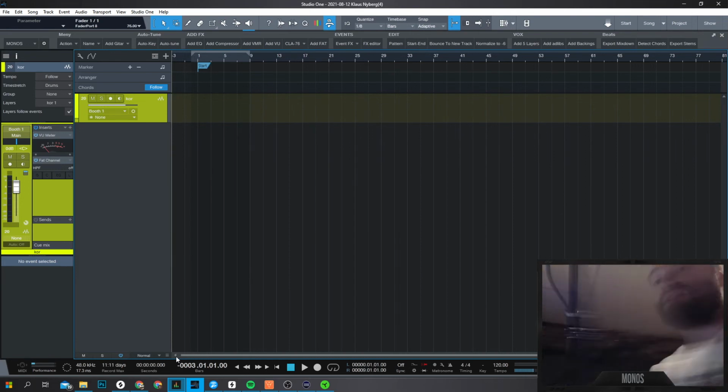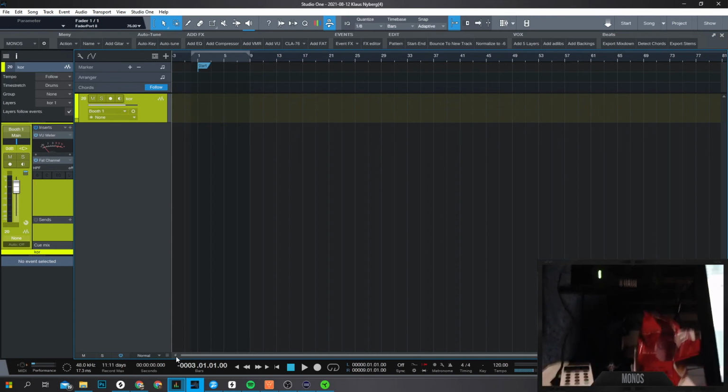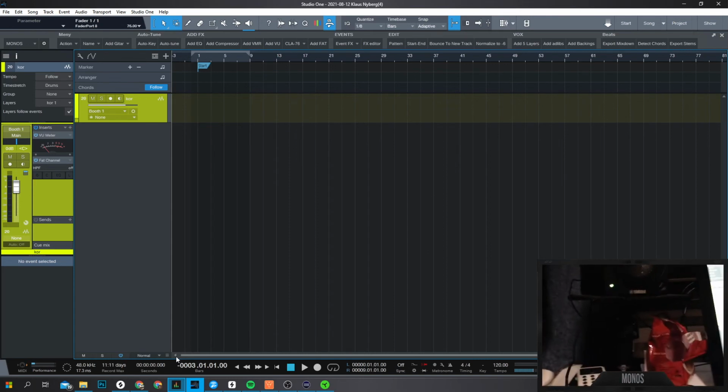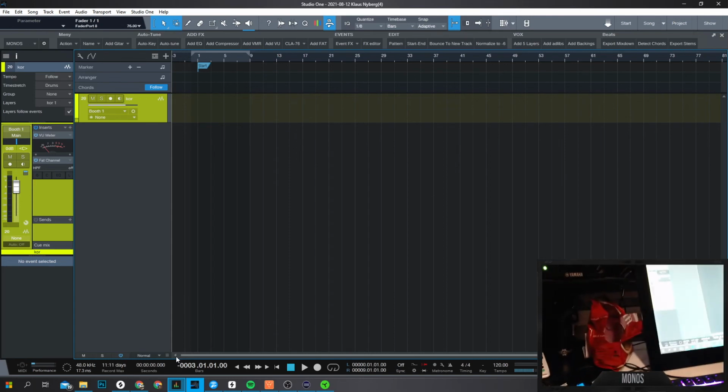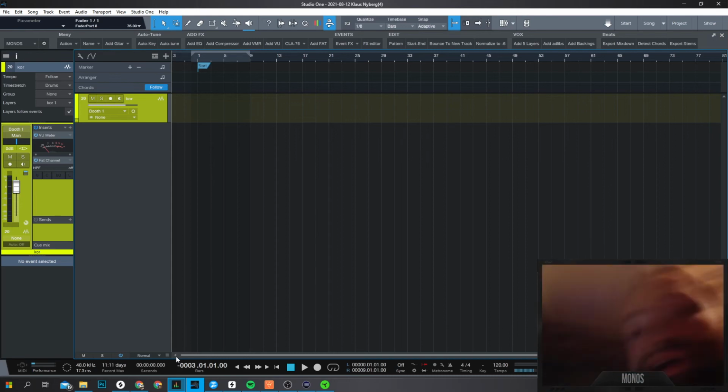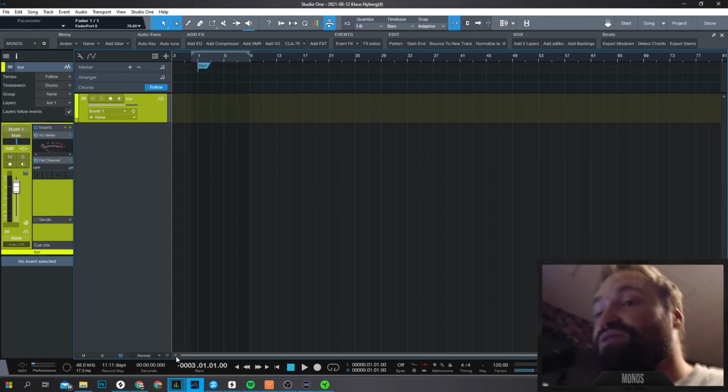Now, also, quantize settings: relative grid, quantize to zero crossing, add triplets. And that's also a cool thing. If your mouse supports it, check this out. My mouse has these macro buttons on the side, used for bend tool, snap to grid, clip gain, those sort of things. But also, the buttons on the top,